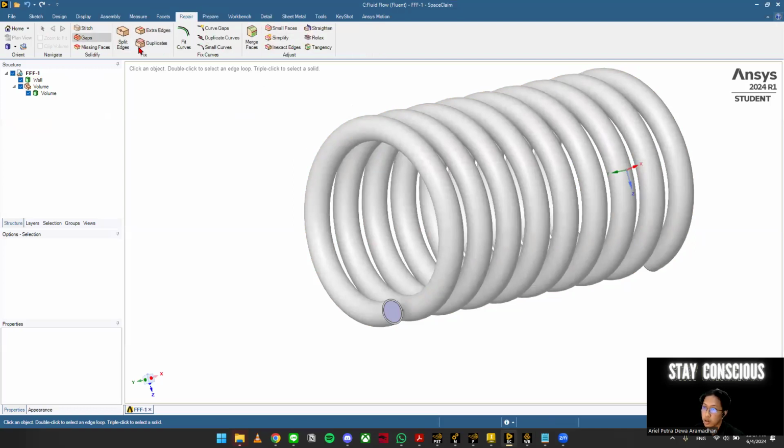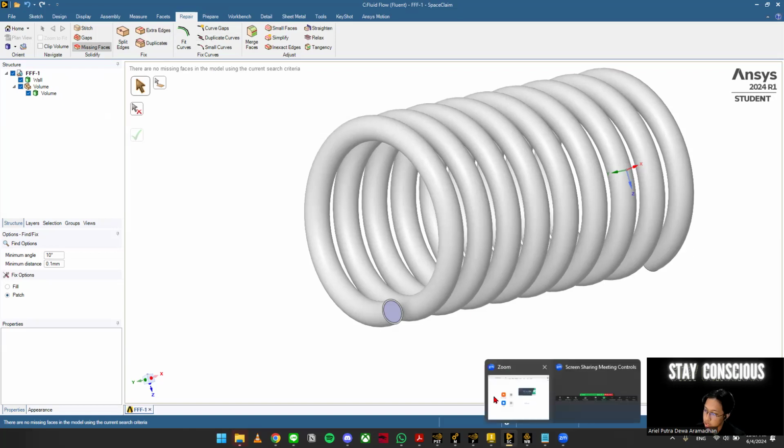So first of all, you have to check if you have to repair some of the geometry here, for instance, there is a stitch, gaps, missing face, or even split edges. You can click on it, and if the information tells you that there is an area that is missing face, you just have to click on the face, and then it will automatically repair it for you.